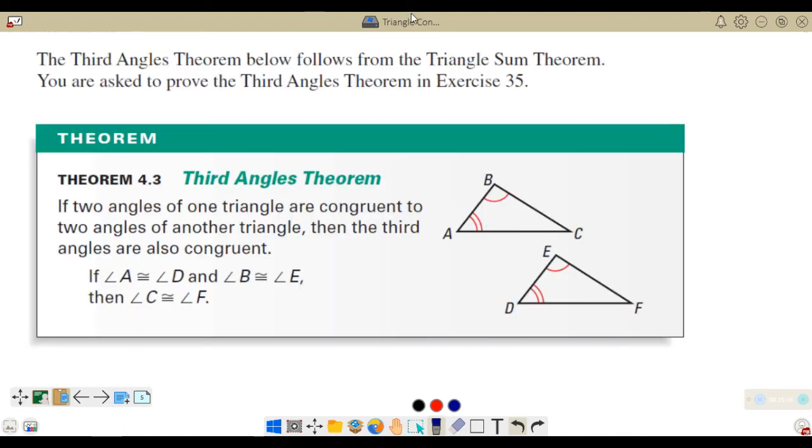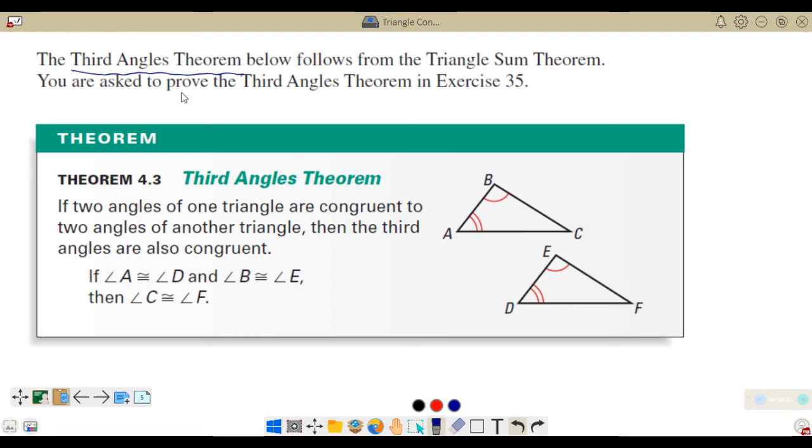Ay, wala pa pala tayong example number 3. May i-introduce pala tayong bagong theorem. So this is called the third angles theorem. So actually, based din to sa sum of angles theorem natin before. So if you have three angles inside the triangle,